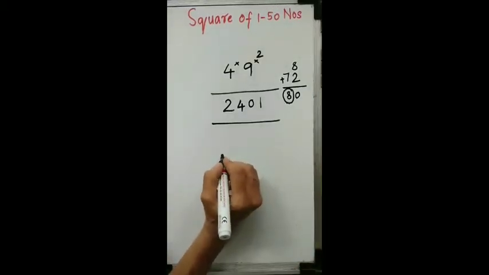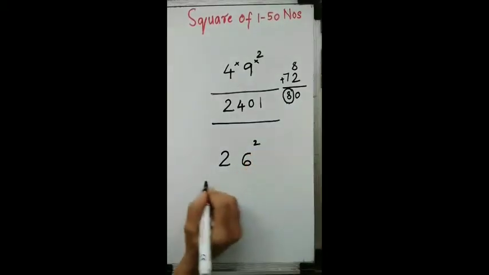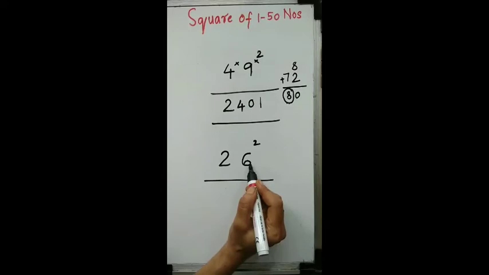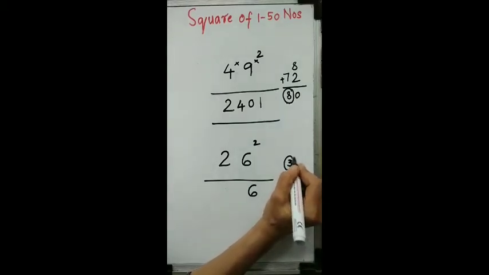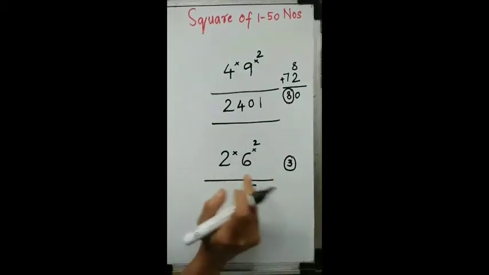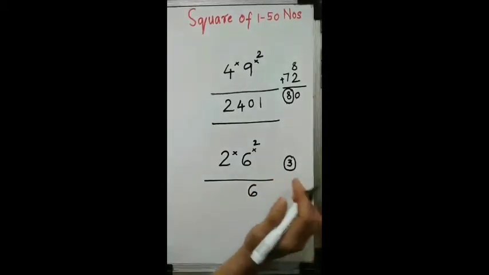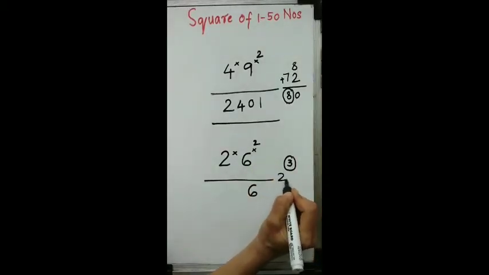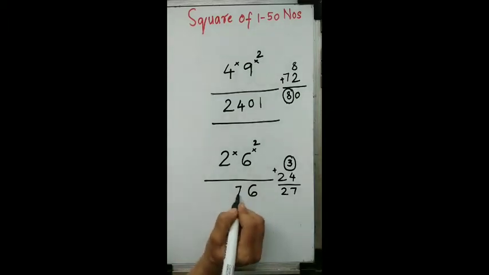Now, our next number is suppose 26 square. Okay, what am I going to do first? First, I will find the square of this number in the units place. 6 6 are 36. So, I will write 6. I will carry 3. Yes. Now, I have to multiply this, 2 6 are 12. 12 2s are 24. So I have to add this 24 over here and it gives me 27. Right? Now, so I'll write 7 over here.